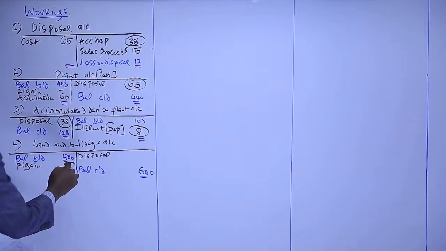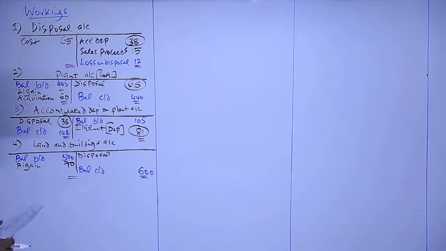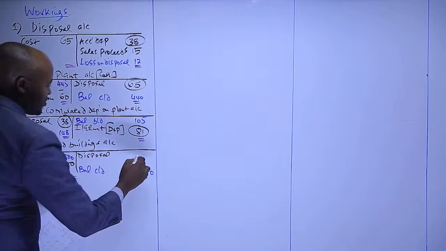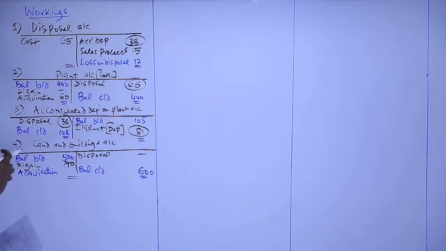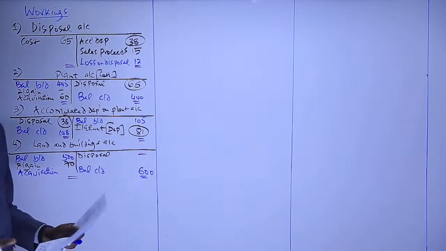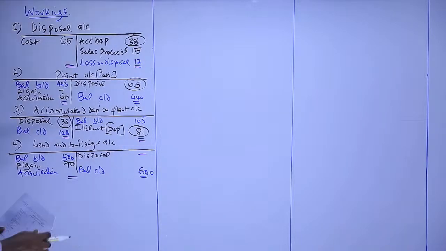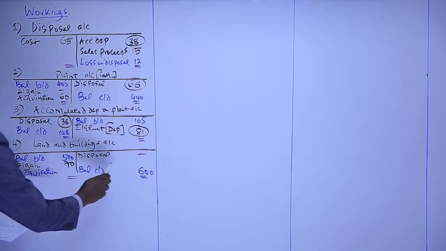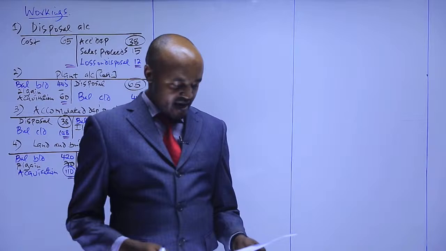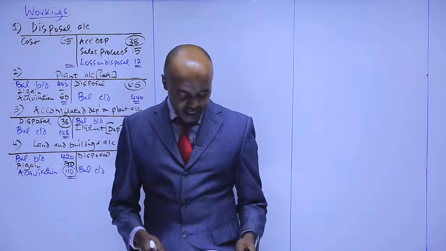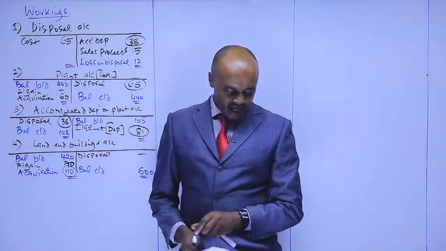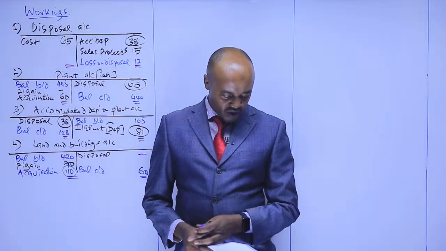We also need to balance this account and basically the balancing figure in this account will be the acquisitions. Because in our case here we don't have any disposal. Anytime there are some items of PPE which were disposed, you must be given that particular information. So in our case we don't have any disposal. And because you are preparing this particular account also at cost, we can get what was acquired during the current year. So I think we are through with additional information number 1, number 2, and also number 3.